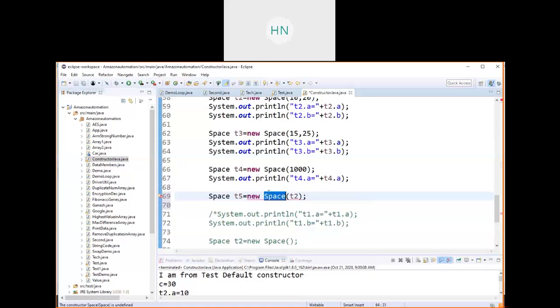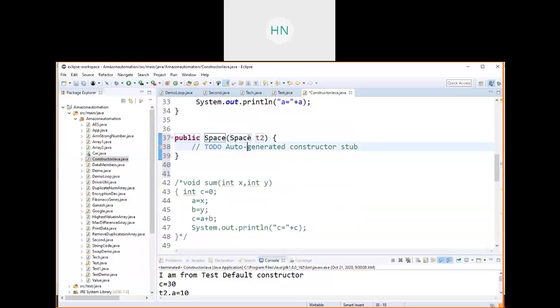So we need to create a constructor also for space T2. So like this, you have to create a constructor also. Then you are able to write. Whatever code I have written inside, that will perform that.